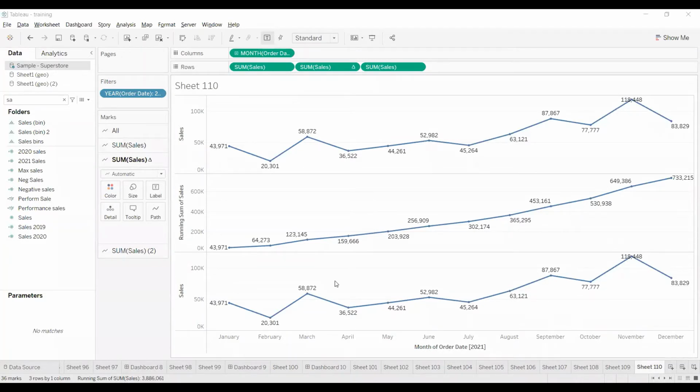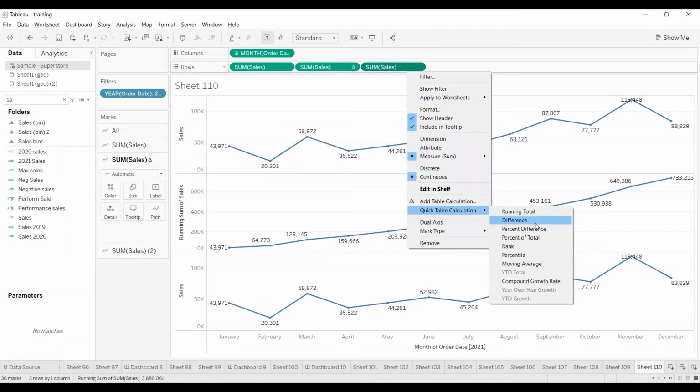So how am I going to achieve this? I drag and drop another placeholder. By default it is giving each month level sales. I'm going to make it a difference. So right click, go to quick table calculation, go to difference.